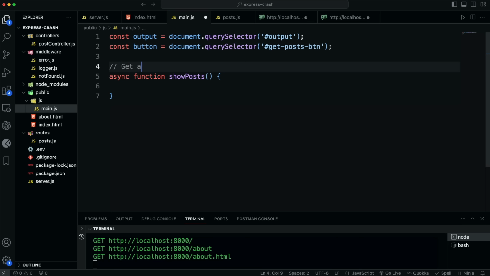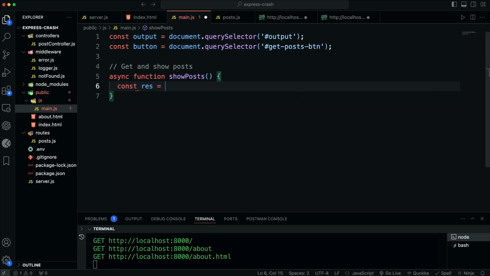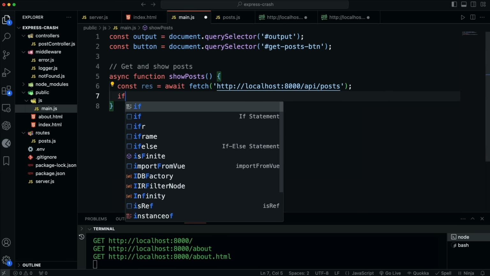And let's just say get and show posts. All right, so we'll say const res, set that to await fetch. And we want to fetch from our API, so http://localhost:8000/api/post. Same endpoint that we've been using in Postman. And then we'll say if,